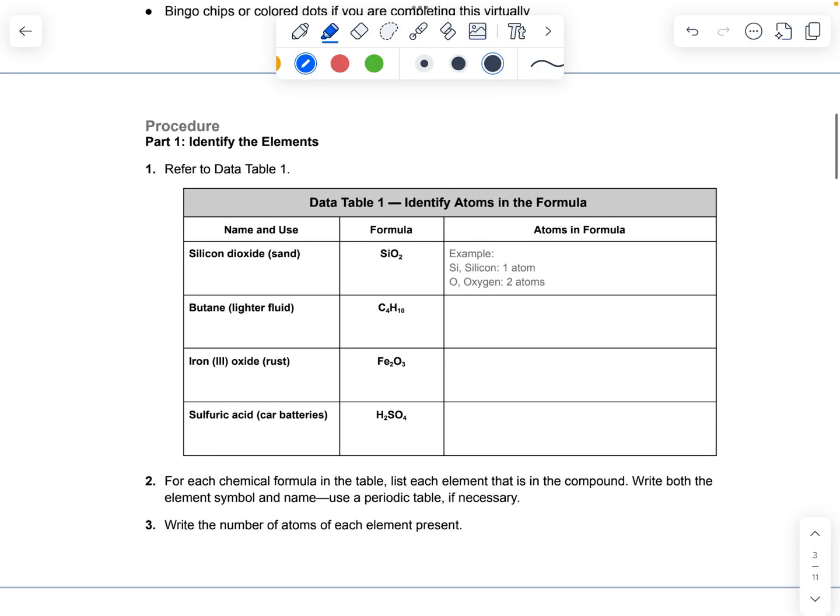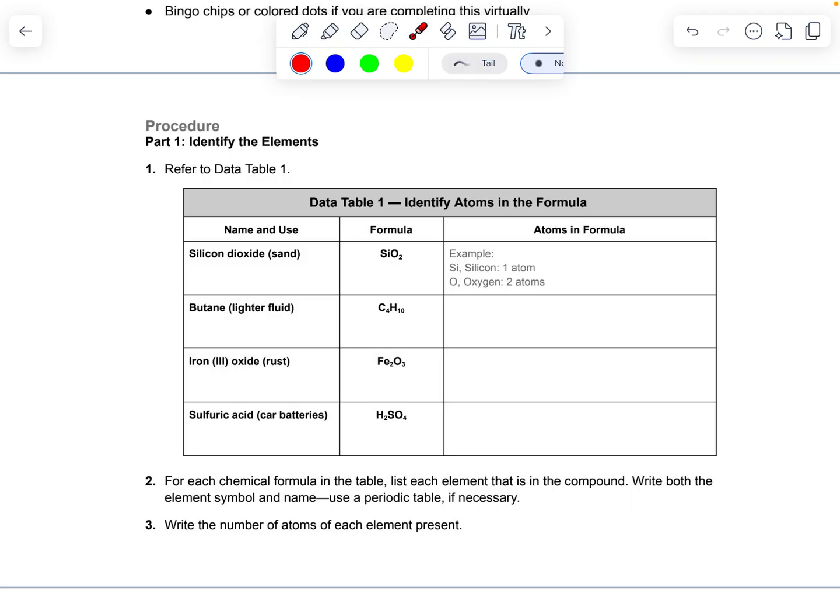So as you're going through this first part, identifying the elements, make sure you're reading directions as you go through. I know I'm jumping a little bit. It says refer to data table 1 and identifying atoms in the formula. And so this first one, name and use, we have silicon dioxide, which is used in sand. The formula is provided for us. And if I'm looking at what are the atoms in the formula,